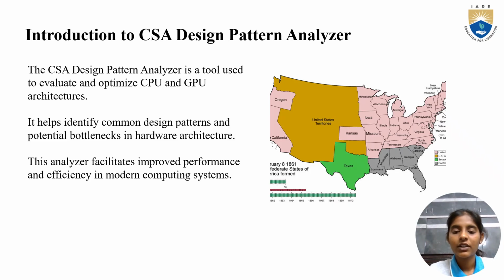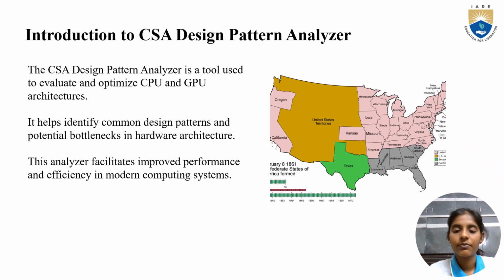channel coding. Applications. The CSA Design Pattern Analyzer is used to analyze and optimize the design of space communication systems, including satellite communication systems and deep space communication systems. The CSA Design Pattern Analyzer is used to analyze and optimize the design of wireless communication systems, including cellular network